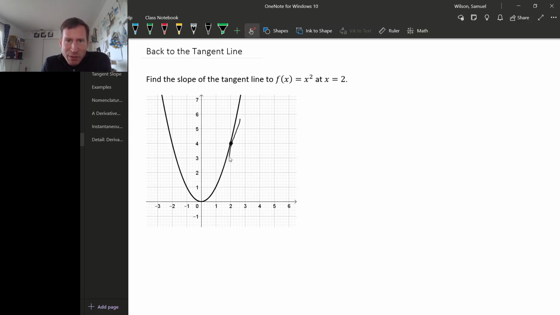But remember, the problem that we were having with finding a tangent line is that we only know one point on this tangent line. Looks like it's (2, 4). So we can't use the usual slope formula because we only have a single point. So what we decided to do was, instead of